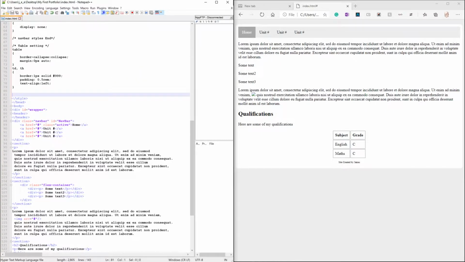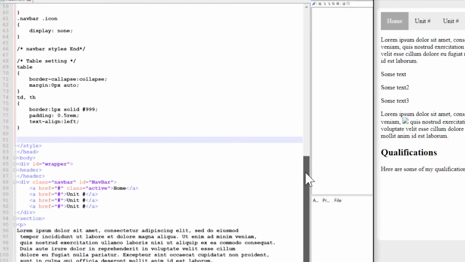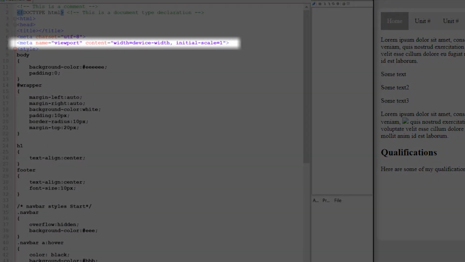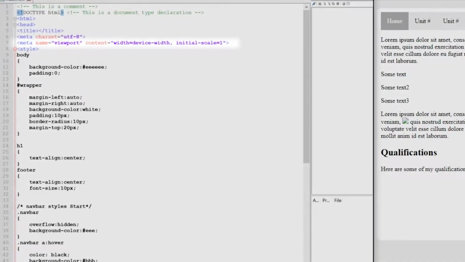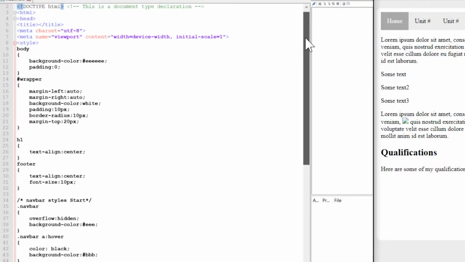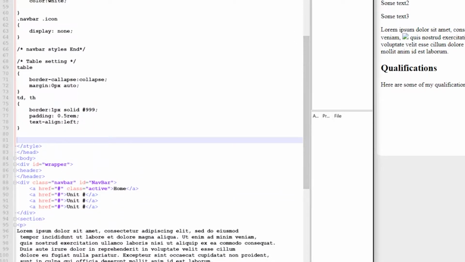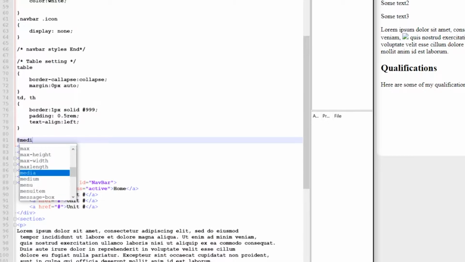So the way that we do that, as I mentioned a second ago, is we use what's known as the viewport. Now the viewport, if you remember, is at the very top of our web page. If we scroll up, you can see that we set the viewport and some initial scale content very early on in our website. So what we're going to do, we're going to go down to the bottom of our cascading style sheet rules, and we're going to add a new section. And this section is going to start with an @ sign, and it's going to be @media